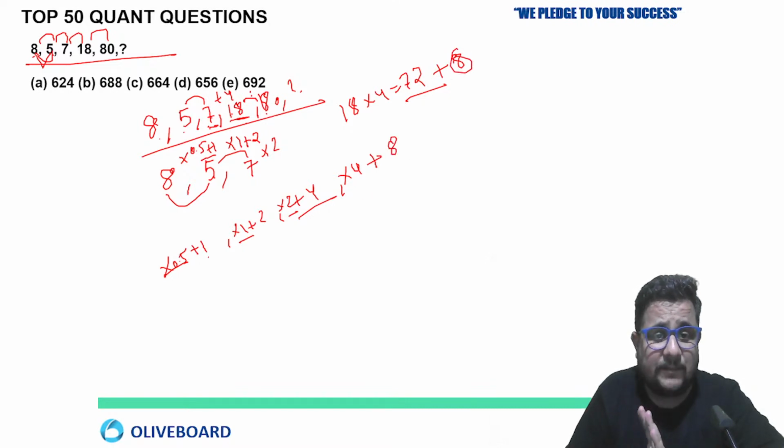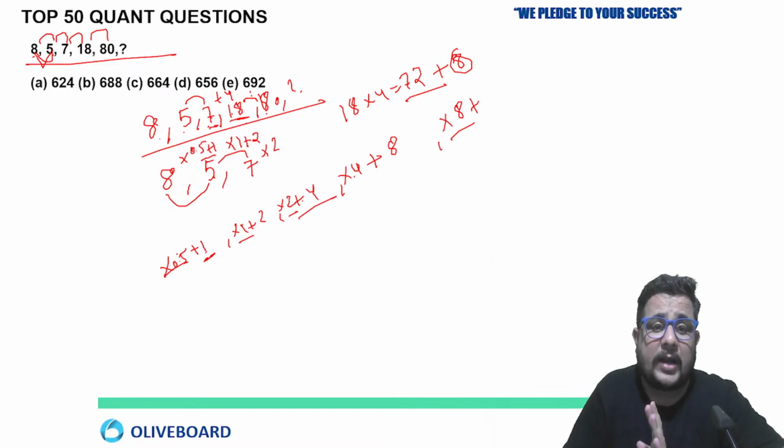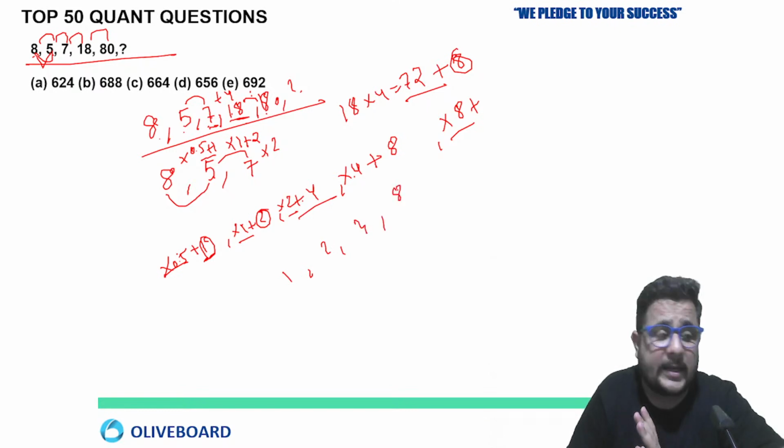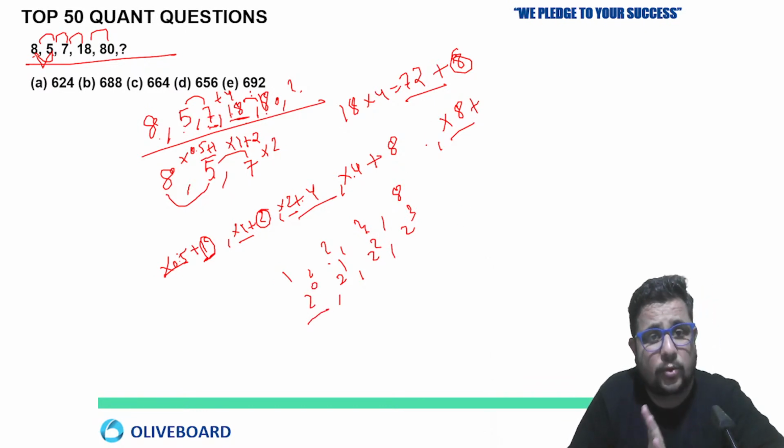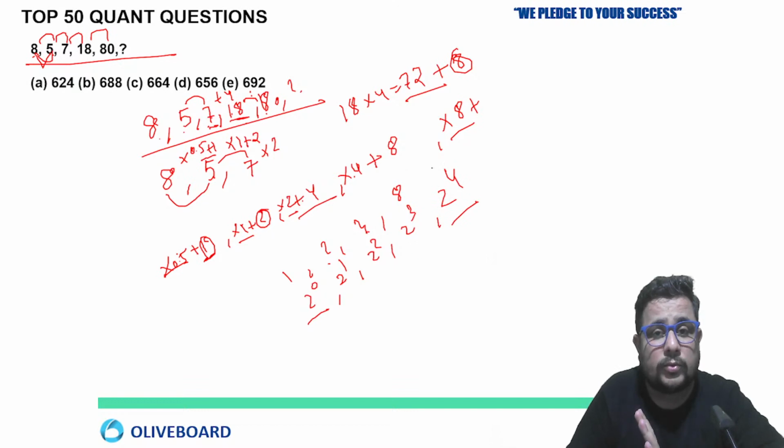But here, can we see? In multiplication we can see 0.5, then 1, then 2, then 4. The next value is going to be multiply 8 plus what? So for the addition value, is there any certain pattern? You are adding 1, then 2, then 4, then 8. 2 to the power 1, 4 is the square of 2, 8 is the cube of 2, and this 1 is 2 to the power 0. So you are adding 2 to the power 0, then 2 to the power 1, then 2 squared, then 2 cube. The next must be 2 to the power 4.